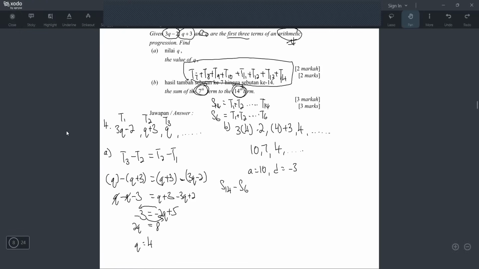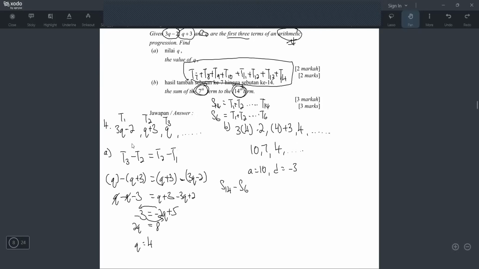But a lot of students make careless mistakes. They will look at this, and then they will say S14 minus S7. It means they want to do fast. They just say, oh, sum of 7 to 14, and then they will straight away write S14 minus S7 without thinking. And then wrong already. So remember, you cannot take S14 minus S7, because when you minus S7 it means you